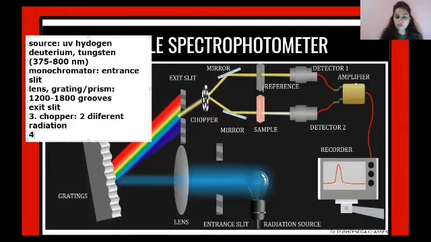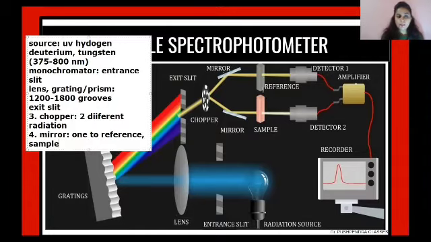These radiations will then pass on to the 4th part, which is called the mirror. The mirror will help us in transversing the rays that you have obtained, one to the reference solution and the other to the sample solution. Now, because we have 2 openings here, 2 different coverages of reference as well as sample, this type of arrangement is called a double beam spectrophotometer.